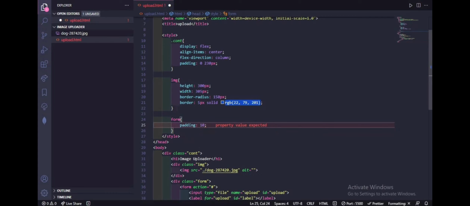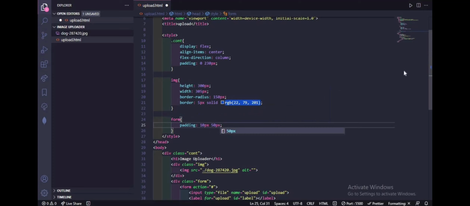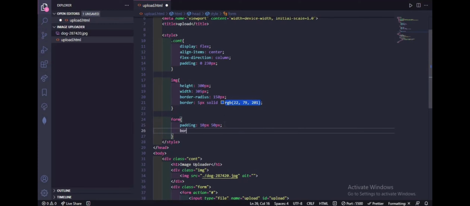So padding 10 pixel, then I'm gonna say 50 pixel. So these two values you see here, the 10 is the y axis, and the y axis, as you all know, is the vertical axis. The second one you see over here, 50 pixels, is for the x axis, and the x axis is the horizontal axis. So I'm saying for the x axis, which is the horizontal axis, 50 pixels, and for the y axis, which is the vertical, 10 pixels. So 10 pixels is gonna go up straight like this, and the 50 is gonna go like this, horizontal. So let's continue, and I'm gonna say border